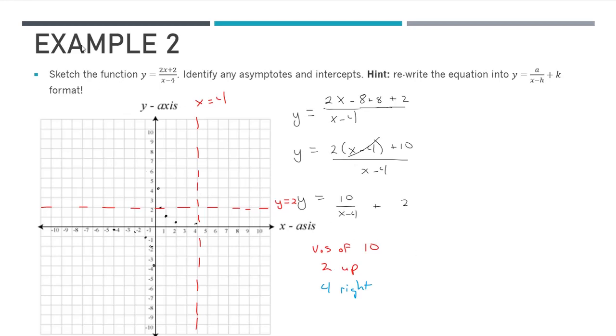And now we can start transforming each individual point. So I'll start with (1, 1), so times 10, and then 2 up, and then 4 right. So 1, 2, 3, 4. It's going to be somewhere way, way up here. It's getting big real fast, so that's going to be my only point going up. So let's try to get another point that's going